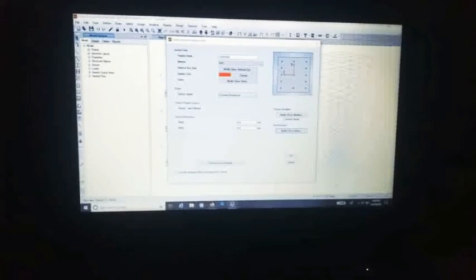Change the dimensions to 500 depth and 500 depth. We have to modify the rebar. Here we will be using HYSD 500 as longitudinal bars, and for confinement bars we will be using mild 250. All the remaining properties will be as usual. Click on OK. Similarly, I will be adding the other 3 sections of columns and the other 3 sections of beams.